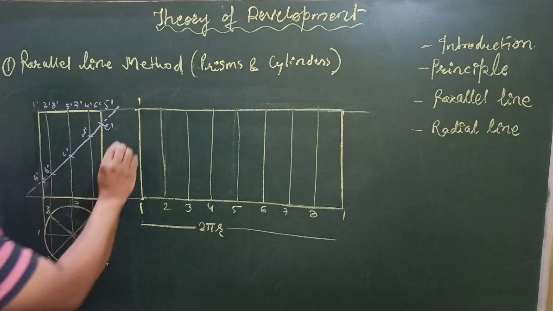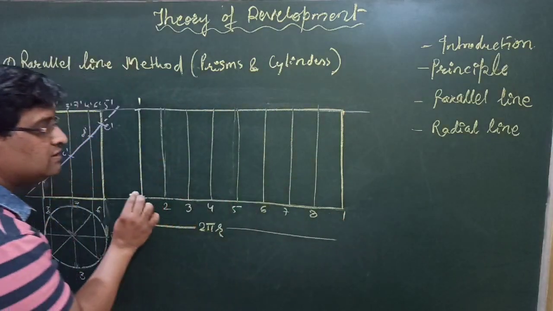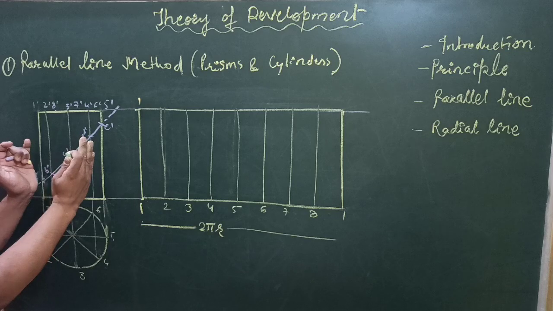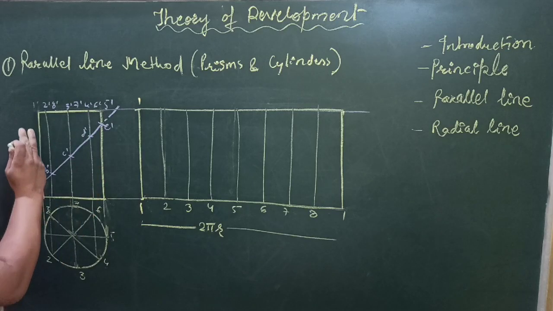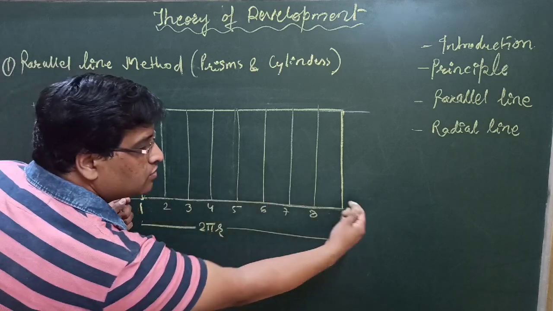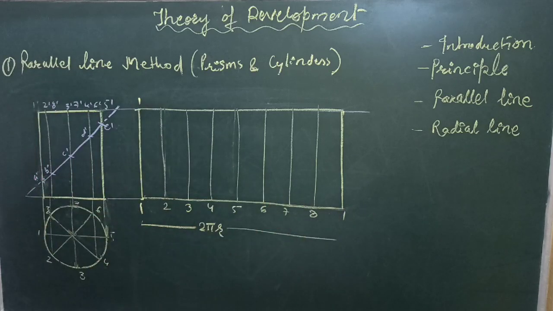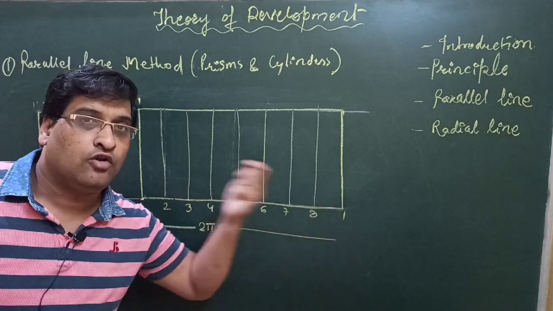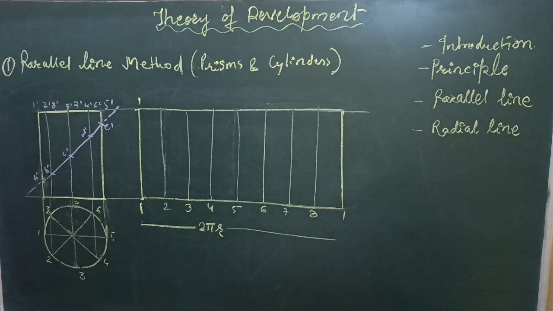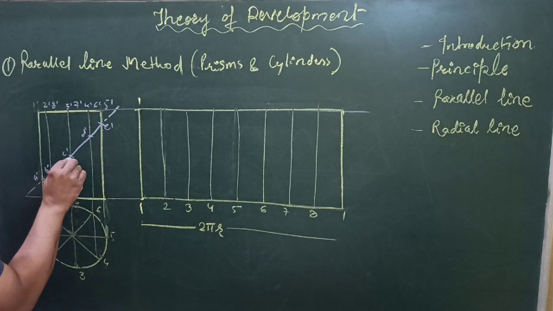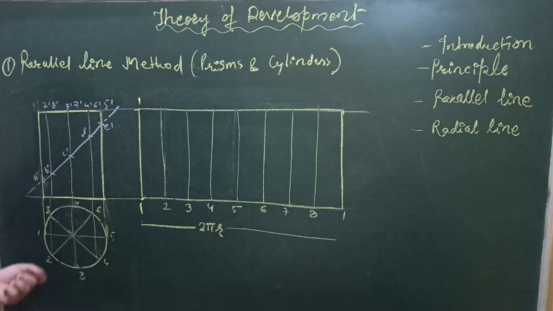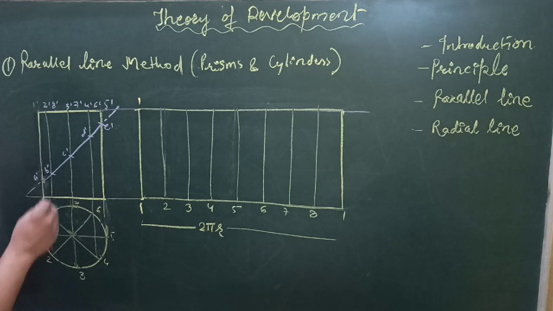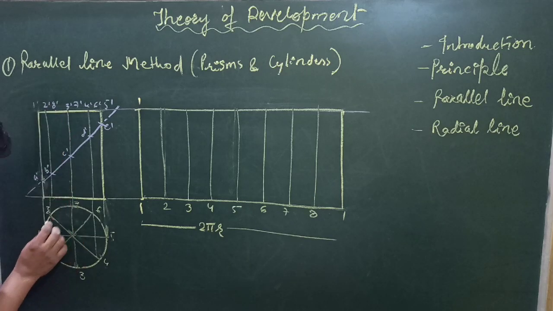So now this rectangle is showing development of the complete cylinder without considering the cutting plane. I have cut this cylinder from 1 1 and opened it out. So this will be the rectangle and this is the development of the complete cylinder. Now let us consider the cutting plane. So the cutting plane is cutting at 5 points on the lines which are being there using these divisions.